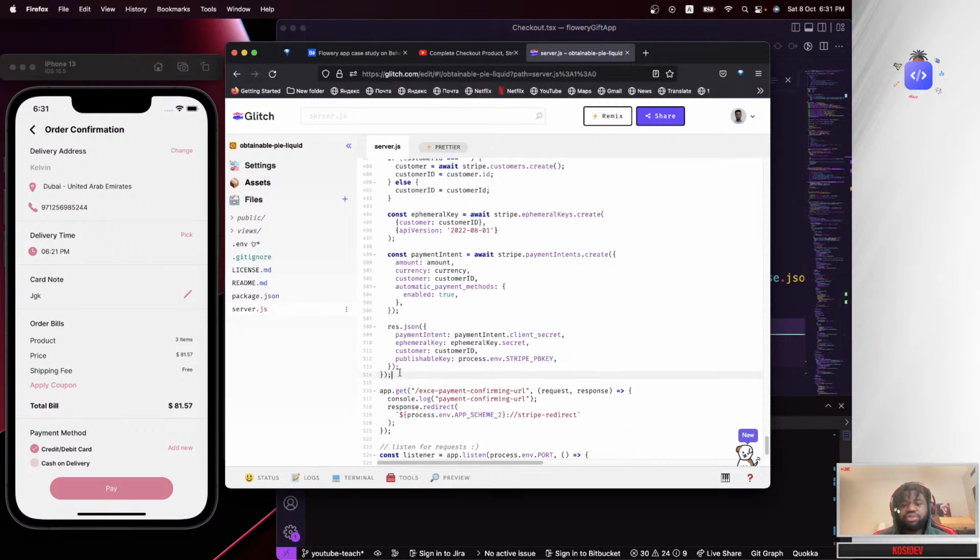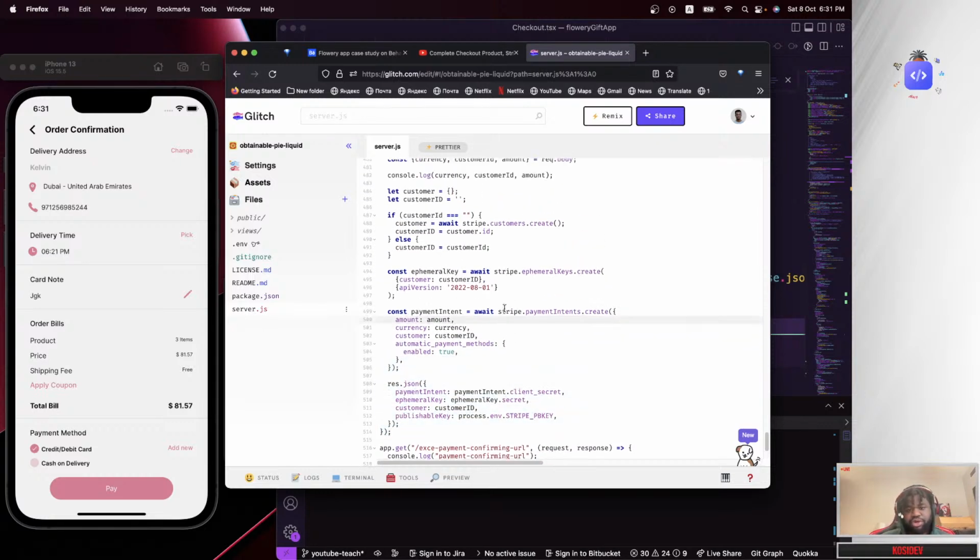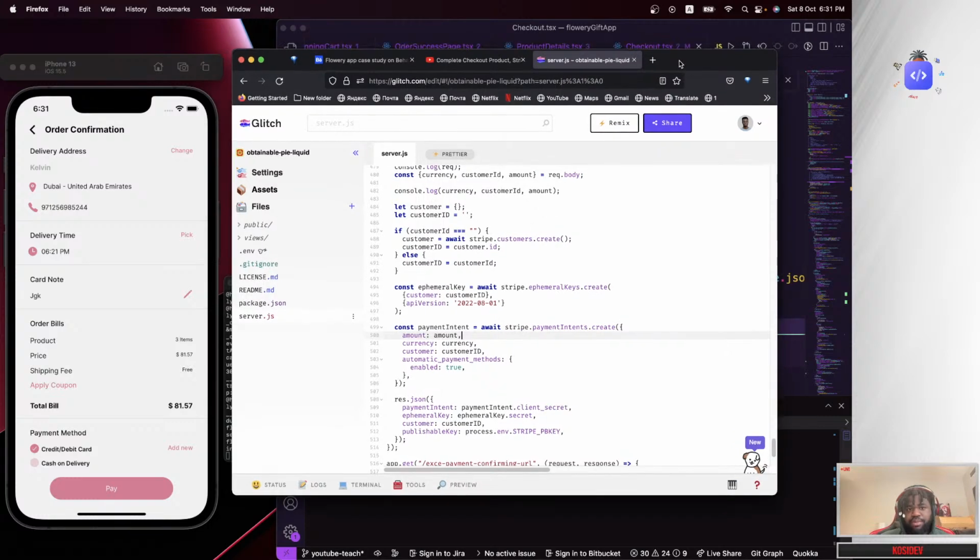I also want to make it clear to you guys, if you're trying to use this in production, it's not advisable to do the payments, the amount, on the client side. So you don't calculate the amount on the client side. Try to calculate the amount on the back end. So basically you can just get hold of the products that the user is trying to buy from the back end, and do the amount calculation right here. The reason why I'm saying that is because in some cases people will try to manipulate the amounts on the front end, and they might actually have a product that's worth 1,000